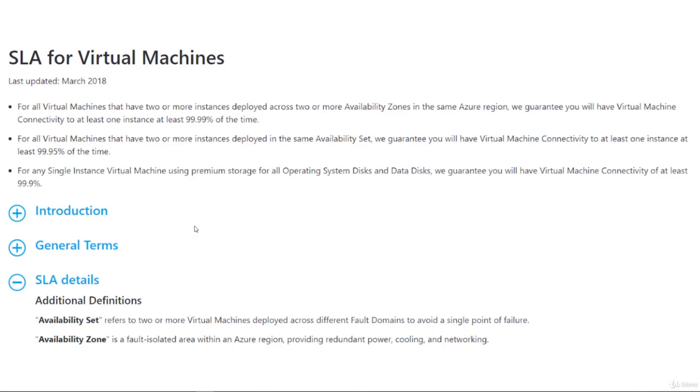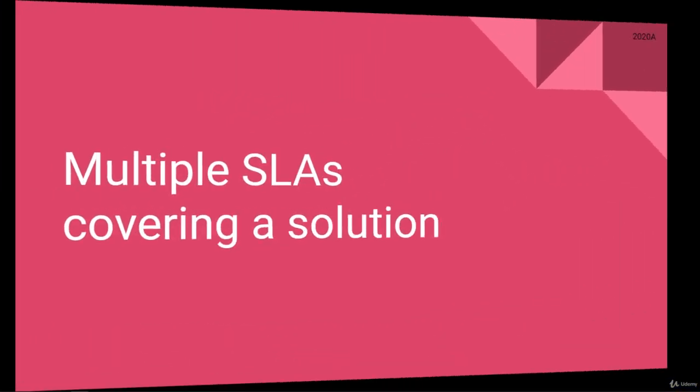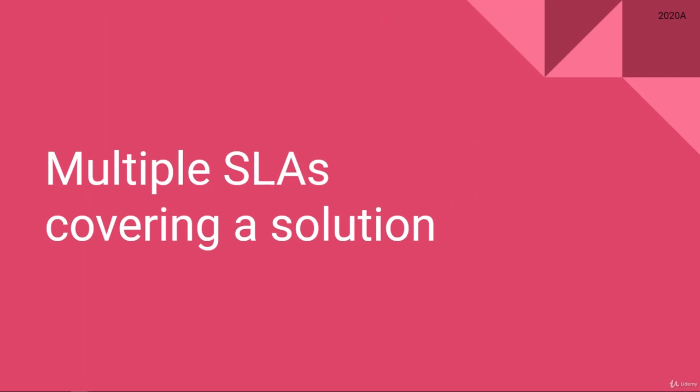And so once you understand that every component within Azure has its own SLA, you start to think about how all of these components work together to create your own solution. So let's say you have an application that has 2 virtual machines running in a load balancer, and those virtual machines talk to another set of virtual machines that have a service bus queue in between, and those secondary virtual machines talk to a database. And so suddenly you've got multiple SLAs that are covering your solution. You've got your database SLA, your VMs' SLAs, load balancers have their own SLA, and the service bus queue.